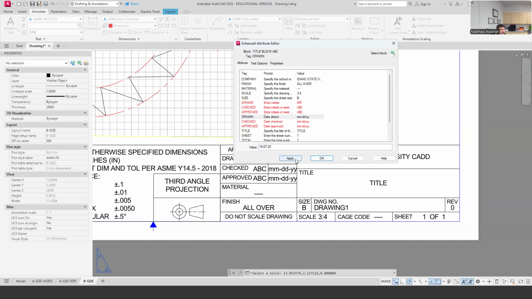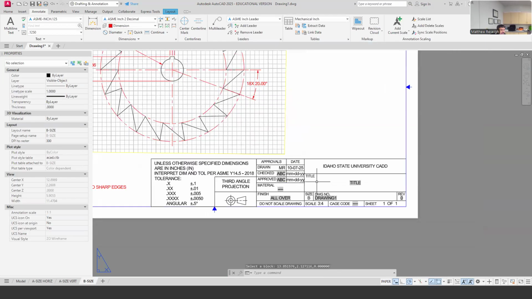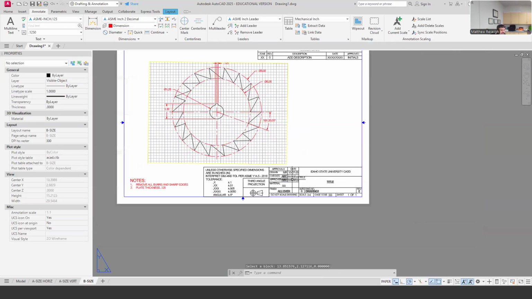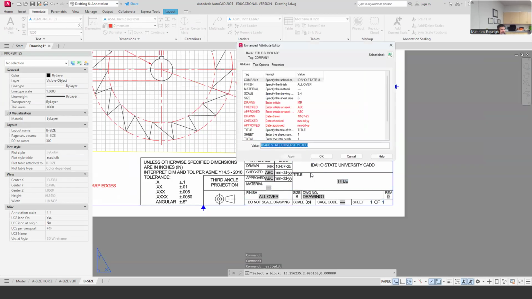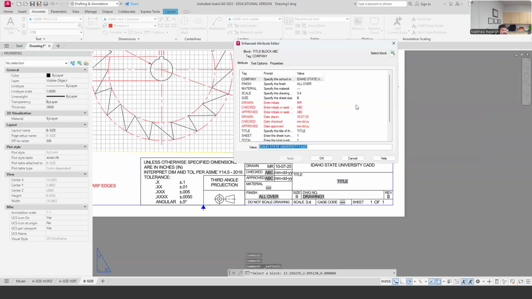Yeah, go ahead, David. Oh yeah, so I'm changing the title block. If I have to download and use those templates from the resources area, they have title blocks that are ready to fill out. So yeah, you just double click on this. This is editable. It'll bring up this dialog box to just change some of the